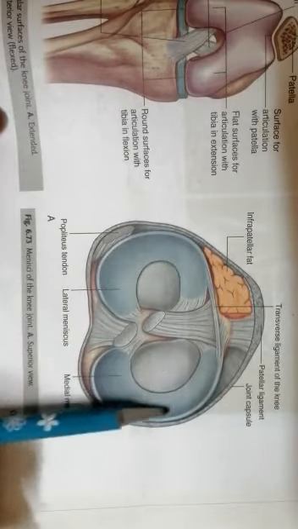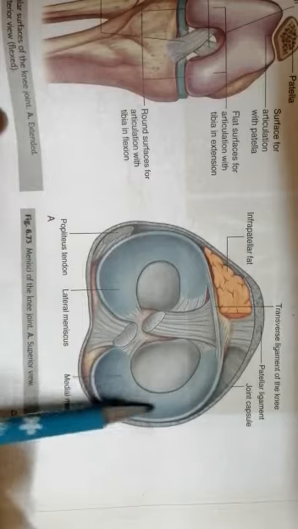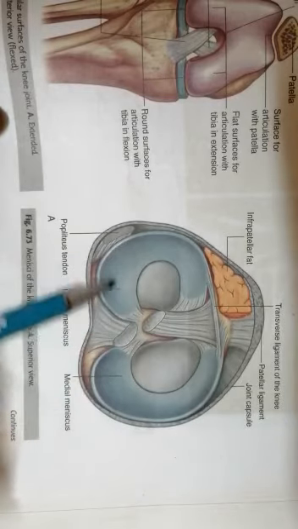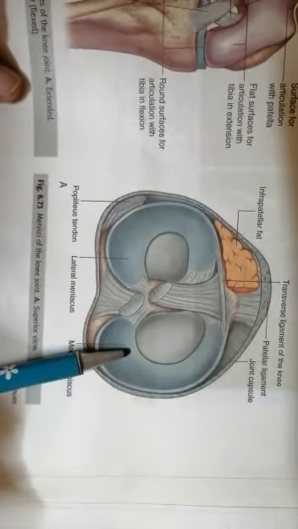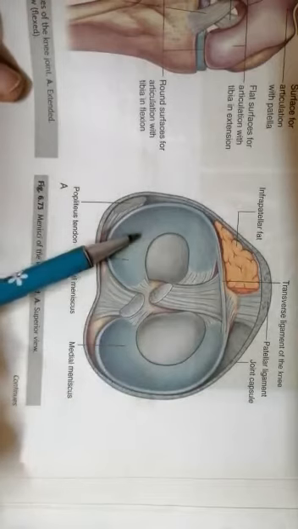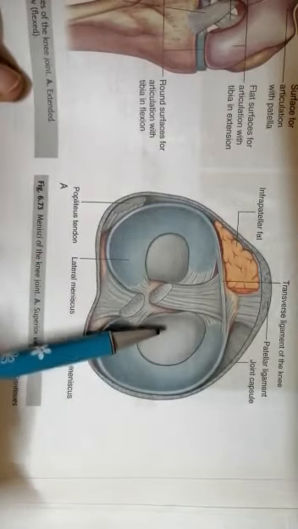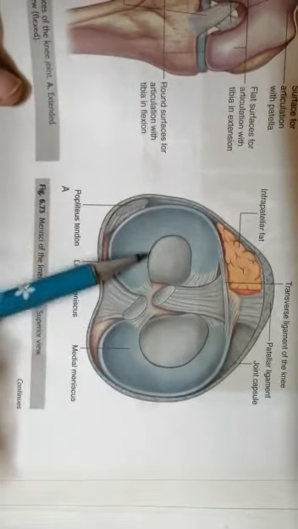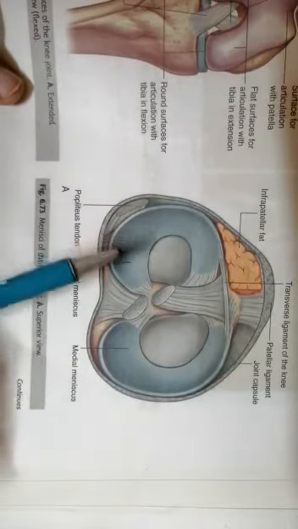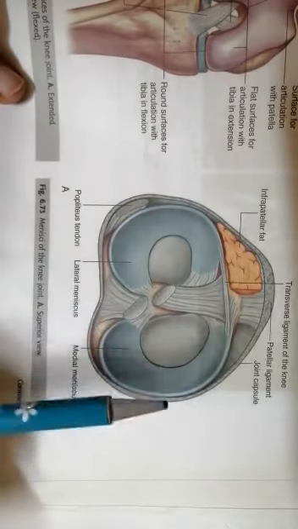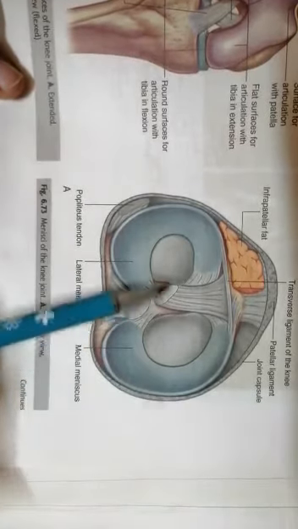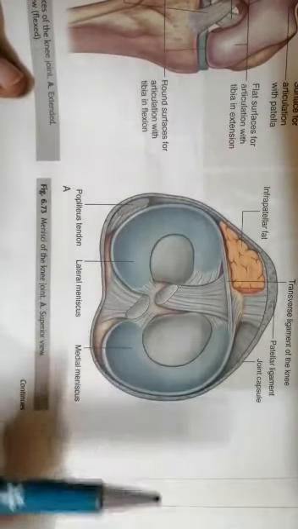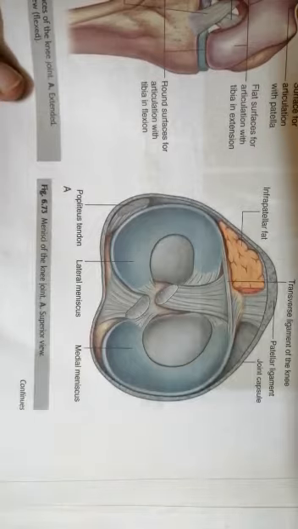The medial meniscus is C-shaped, while the lateral meniscus is oval or circular. The medial meniscus articulates with the tibial bone, while the lateral meniscus also articulates with the tibial plateau, but somewhat with the fibular ligaments, not the fibular bone. Shown here is a cut section of the anterior and posterior cruciate ligaments, which we will discuss further on.